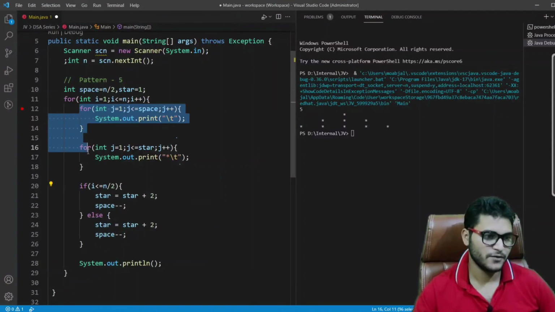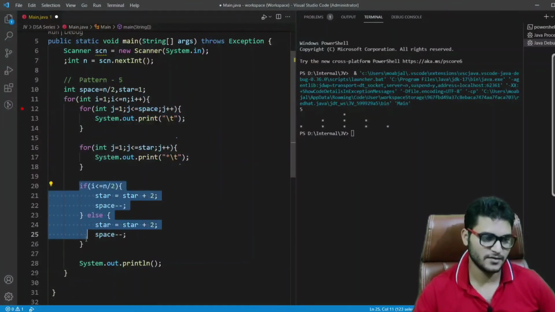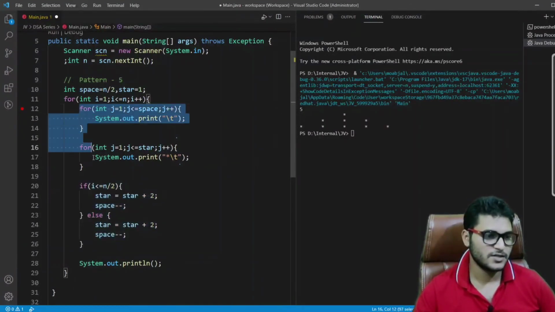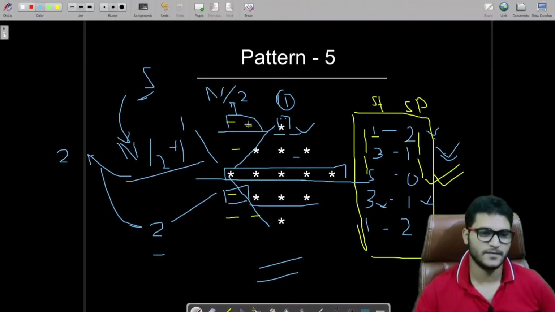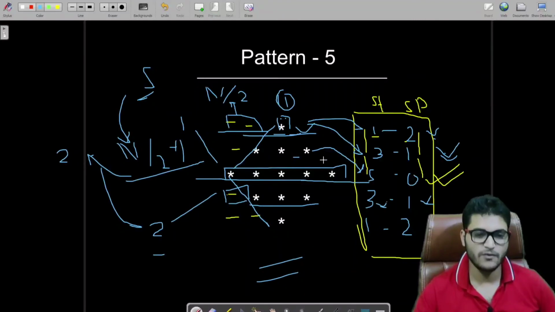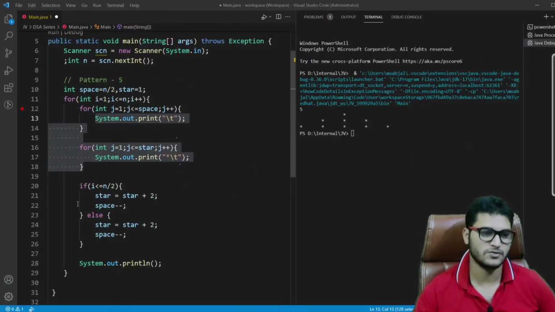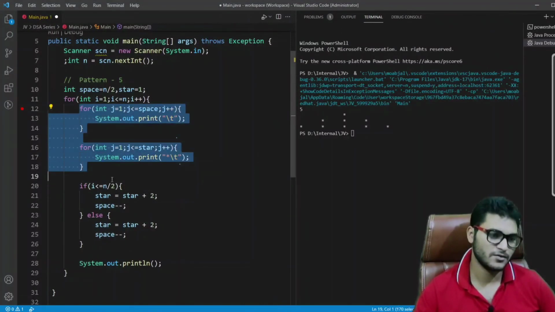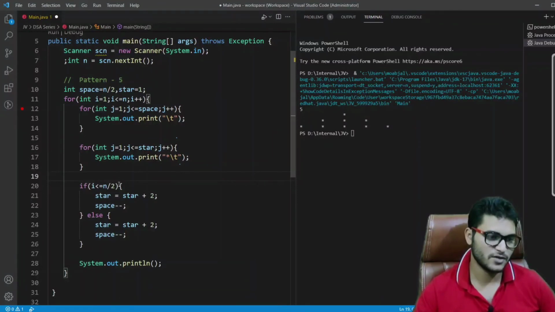What we are doing is printing first and then applying our logic for incrementation and decrementation. So what does it mean? Let's say we have printed once and again we have iterated. We have printed this time and now we have incremented to this, and now we have printed this and incremented to this, and now if we have printed this, that time we were also crossing this condition, because we have printed the third row and we are checking here if i is less than or equal to n by 2 plus 1, so this would enter the loop.